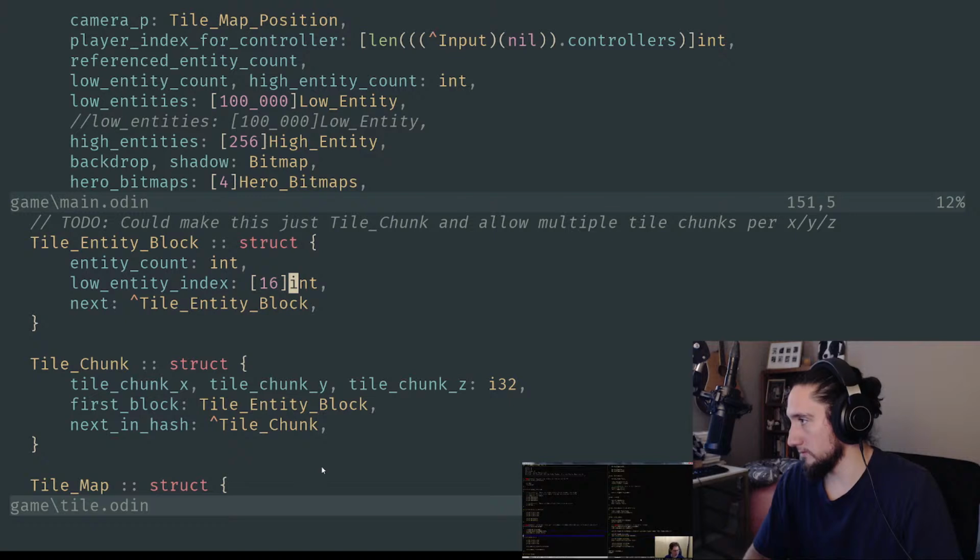And let's say for the moment, we'll just go ahead and implement that directly. I think that most everything that we need to do is already done, structurally speaking. We just need to start actually operating on these entity blocks properly. So let's go ahead and do that. So first things first,